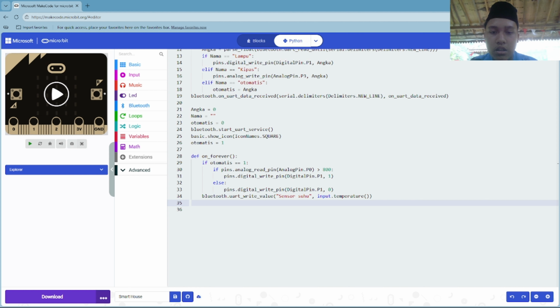Okay, so this one is for the sensor suhu. This one I will make the automatic mode, and these things there is manual mode. Wait a minute, I'll just copy from here, because it's almost the same code. For manual mode, you turn it on using your own hand. This one is for automatic mode, this one for manual mode.